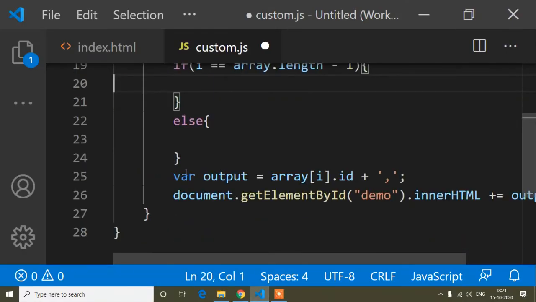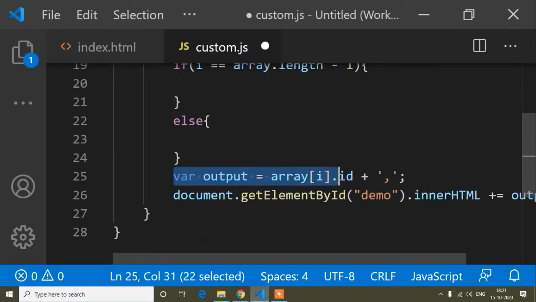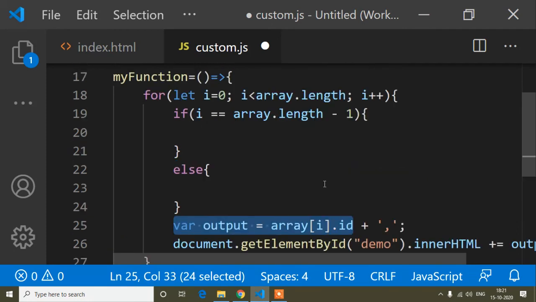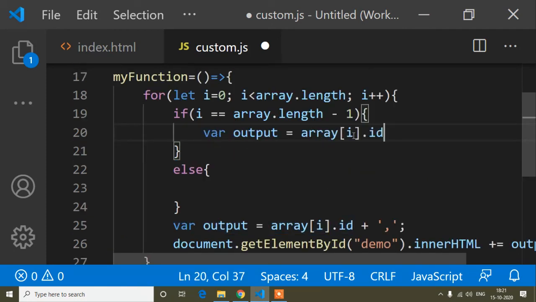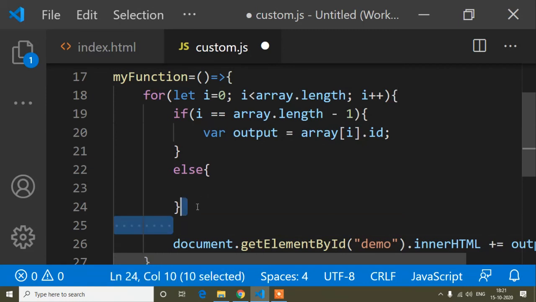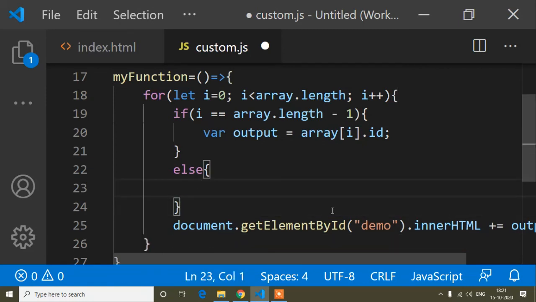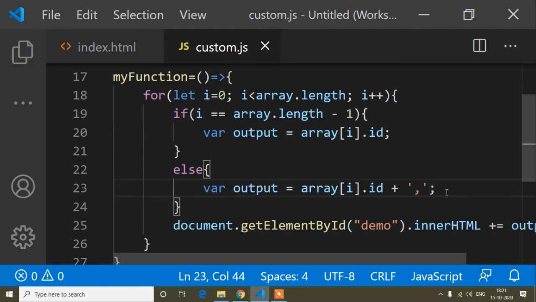When i is 4, I don't need a comma. But when i has not reached the last, that is the else part, here I will add a comma. Now save it and check it. Here you can see it's removing the comma.